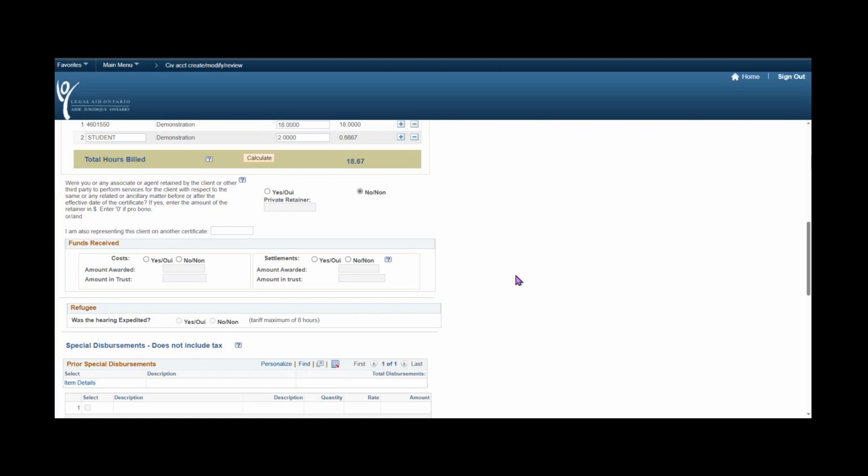So, notes on the funds received. By virtue of Section 12 of the Legal Aid Services Act, all costs ordered by a court to be paid to an individual who has received legal aid services are the property of the corporation and shall be paid to the corporation. Section 13 of LASA creates a charge on any judgment, order, or settlement recovered by the client in the